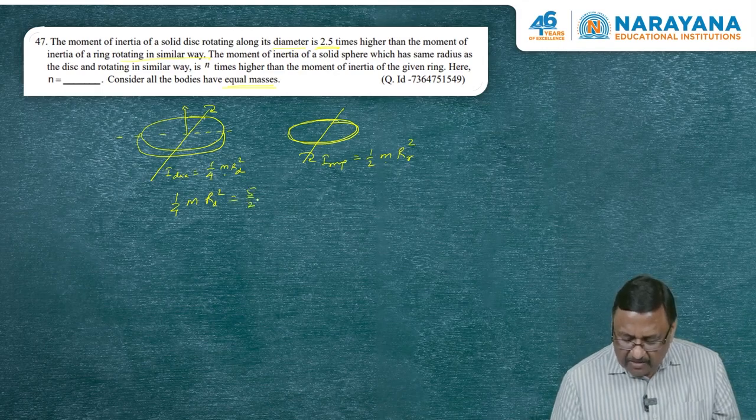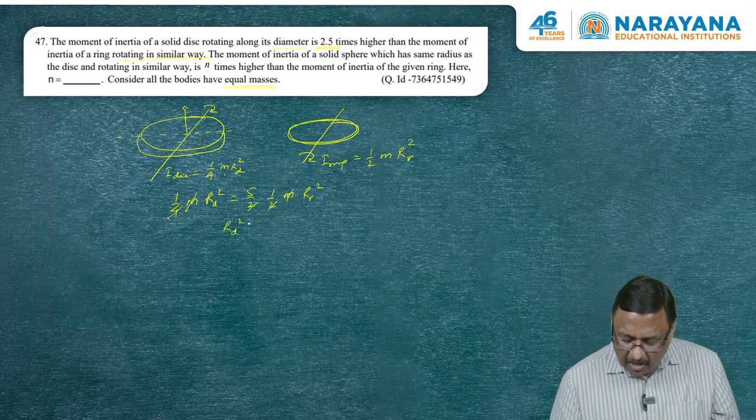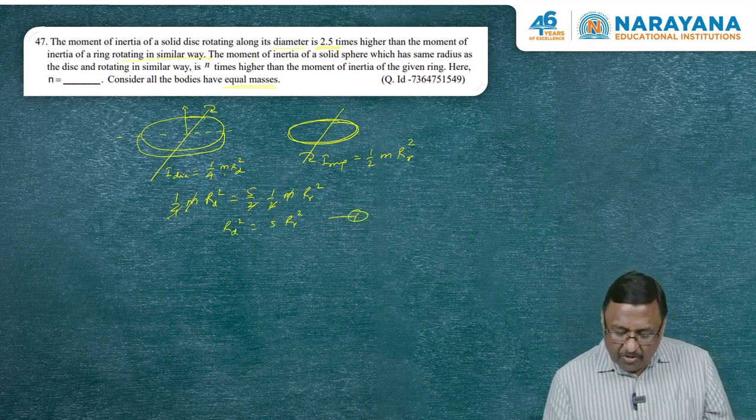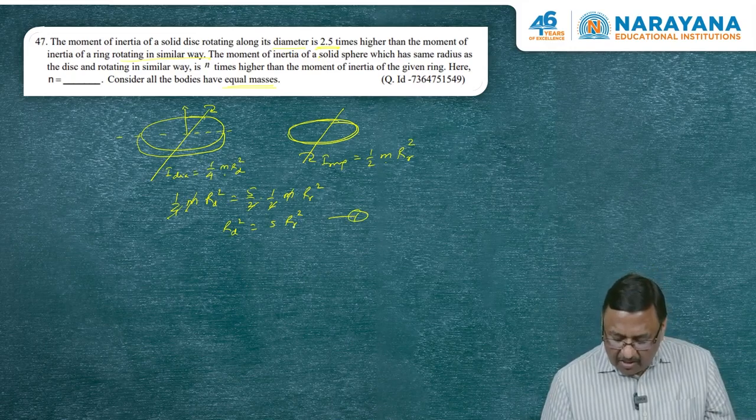2.5 means I can write it as 5 by 2 times. It is going to be half m into r for the ring square. Mass being equal can cancel out. 4 is also cancelled out. I can write straight away this relation: rd square is equal to 5 times rr square. I get one equation because he is not giving you the relation between the radius of the ring and